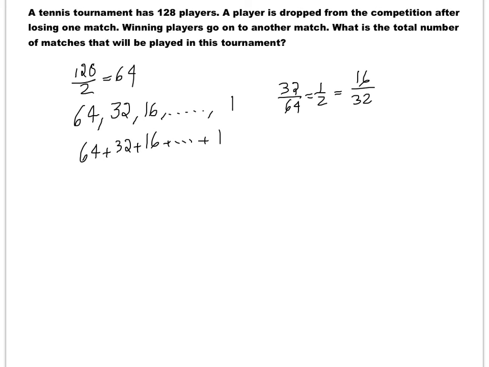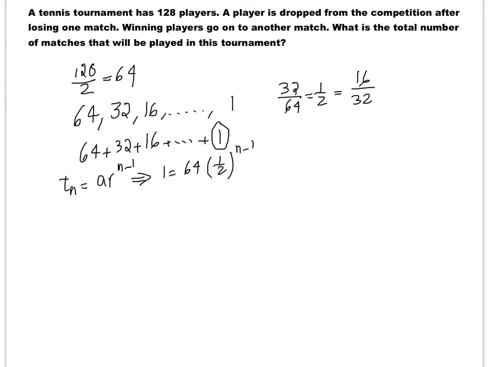Now we don't know how many terms we have here. To find that, we know that the last term is 1. So T_n is a r^(n-1). So 1 is equal to the first term, 64, times r, which is 1 over 2,